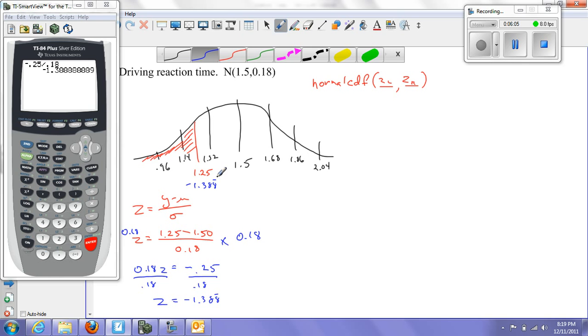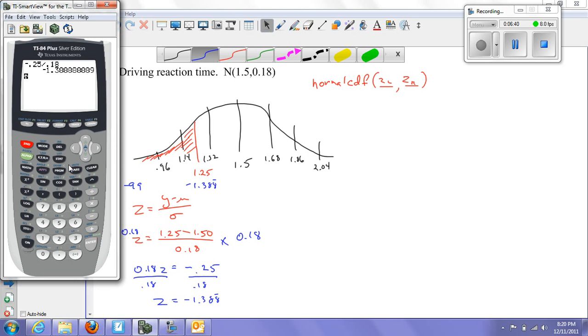So now I need to find the percentage underneath my curve from this line here, this z-score of negative 1.388, all the way out as far as I can go to the left. Well, my farthest z-score that I can have on a normal curve, and that fits into the calculator, is my negative 99 z-score, because I want to go all the way over to the z-scores to the left. So going back to my calculator,